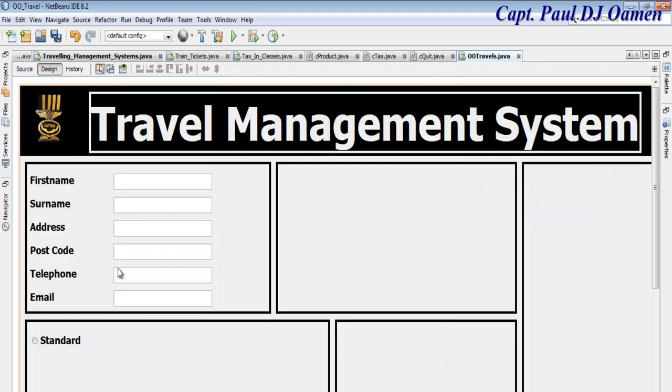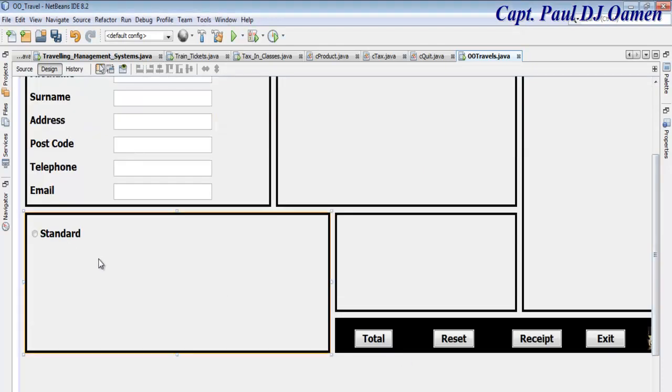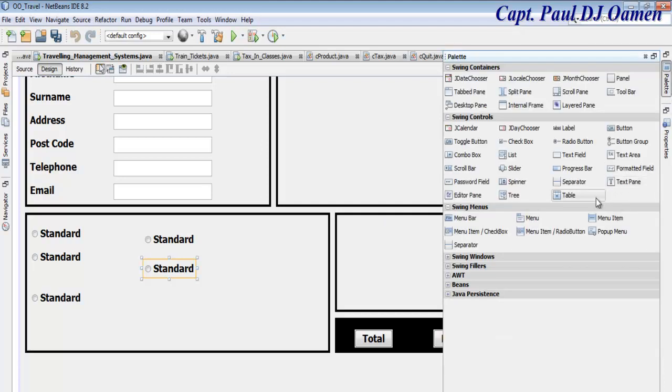There. So all I just need to do now, so I'm going to copy that. Let's go back in there, copy it and paste. I need about 5 of those. One here and one here. Right, so all I just need to do now is to change the names around. Then I also need